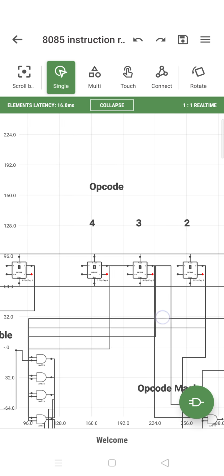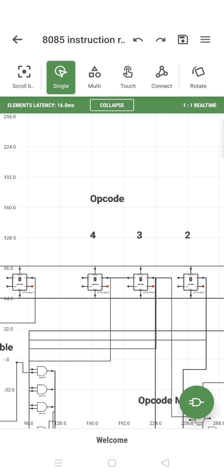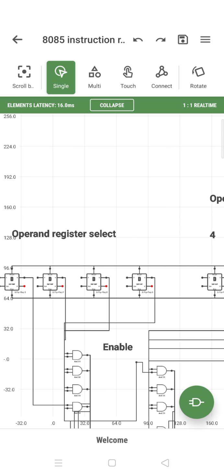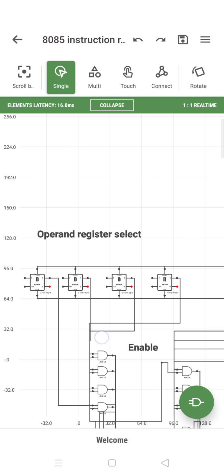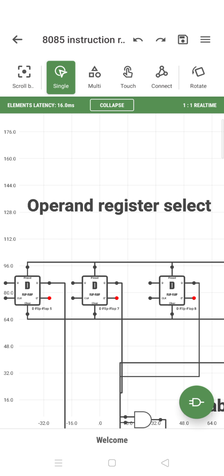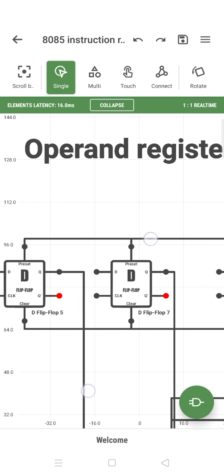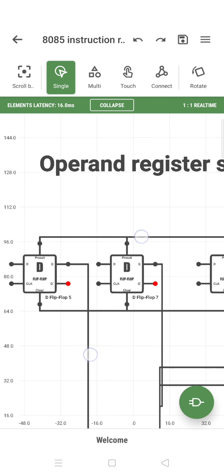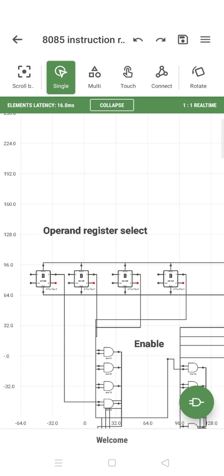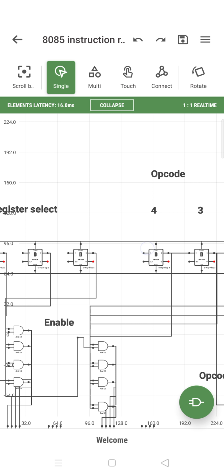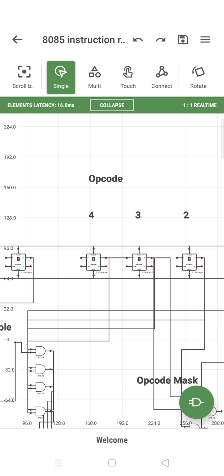One is called the opcode, what kind of instruction you want to do, and the other one is what is the actual operation you want to do and what registers it is going to point to. These are done by latches or flip-flops. This is a register, so it has a flip-flop. This is also a register, the instruction register. The control structures are usually done by opcode and registers.